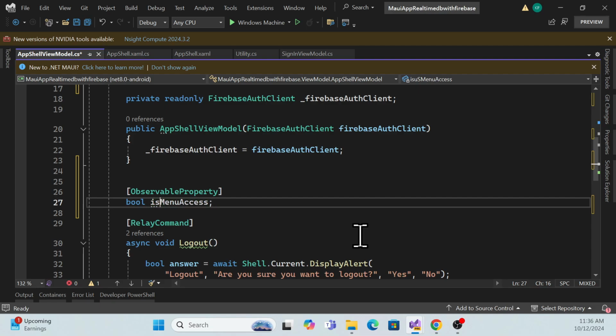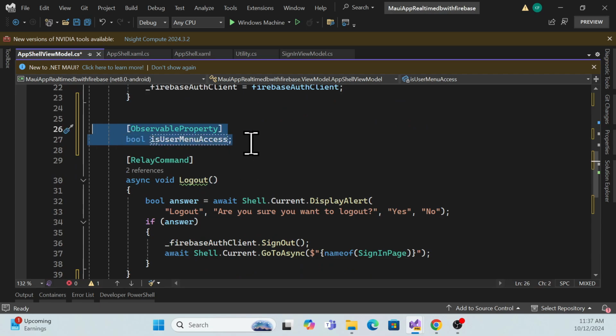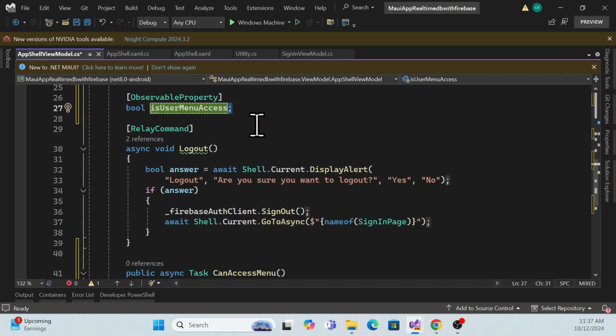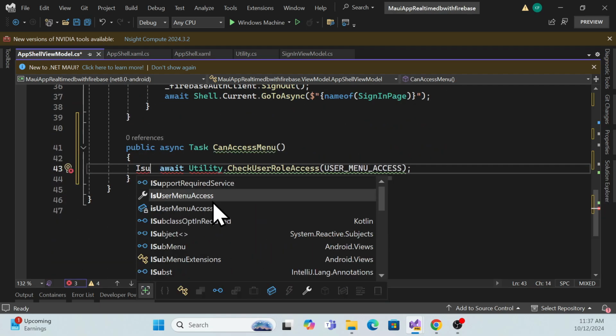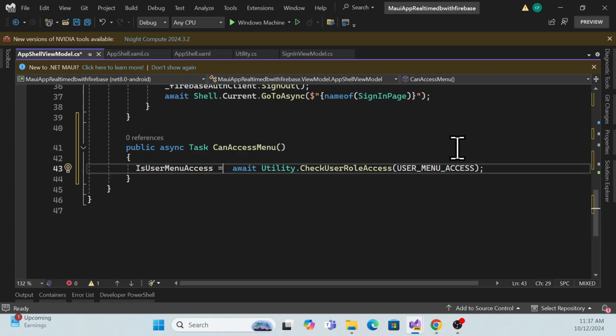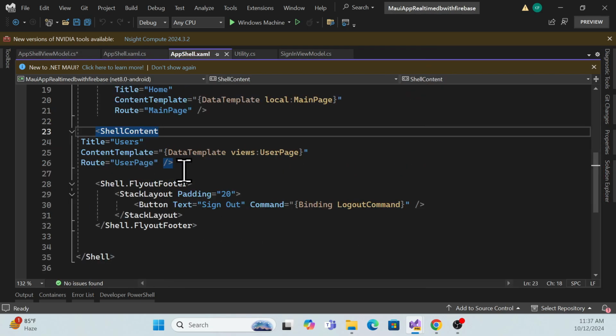User menu access, because we have many items, right? So that's why we can identify, okay, which tab, actually, which menu we're trying to access or not. So it is for menu user, for that user menu, so I will keep it that user menu. And for that we can just simply is user menu access, and then store it, whatever that result we can keep it over here, and copy that same value, go back to your app shell, app shell XAML file, and